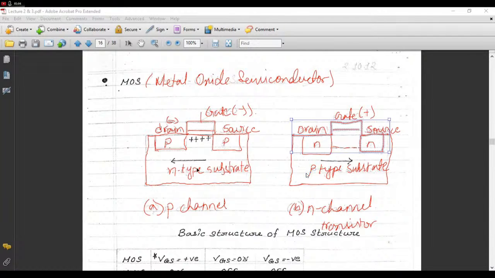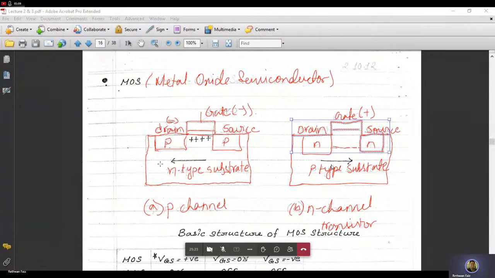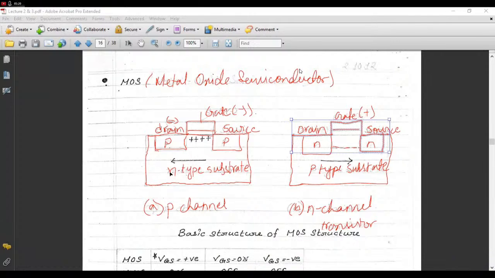So for p-channel MOSFET, as you could see, the major substrate is n-type substrate. That means the majority of the carrier over here is electrons. And it doesn't mean that the entire thing is made of n-type substrate. There are some impurities, and that is holes, positive charge particles, which are also present there. Because impurity will always be there, we cannot make anything 100% pure. So that's because a small amount of holes still remains within the